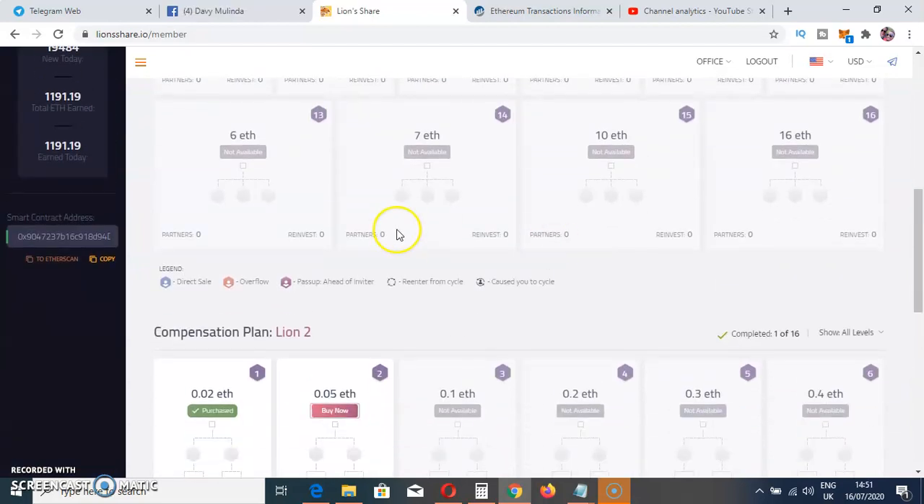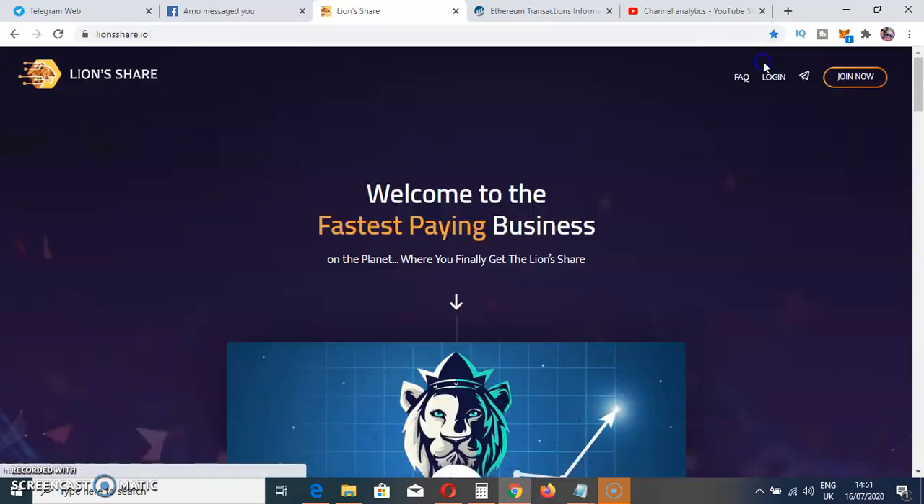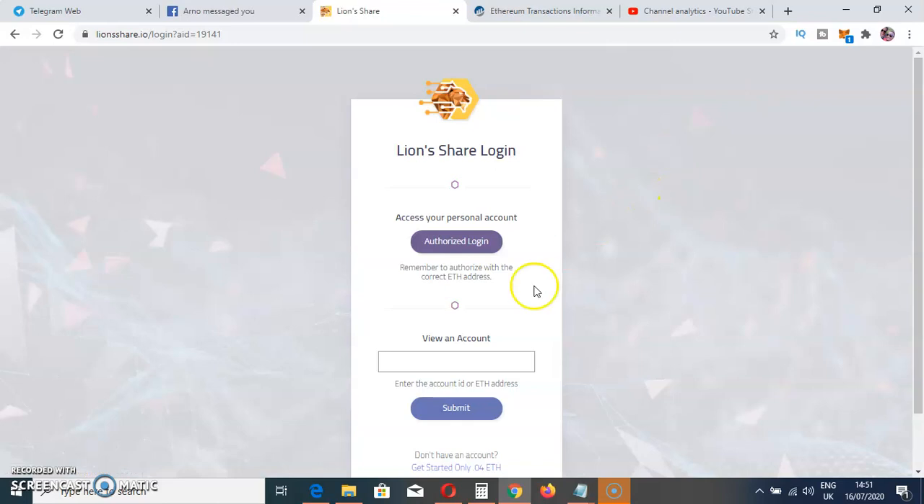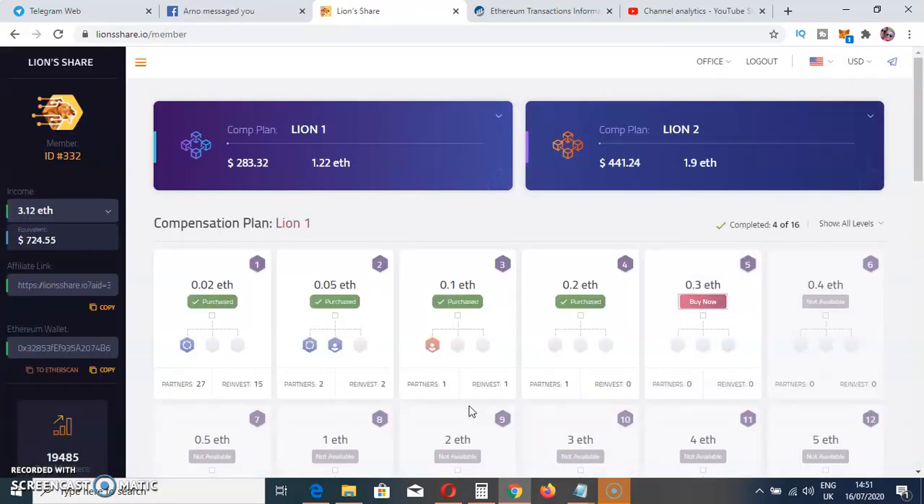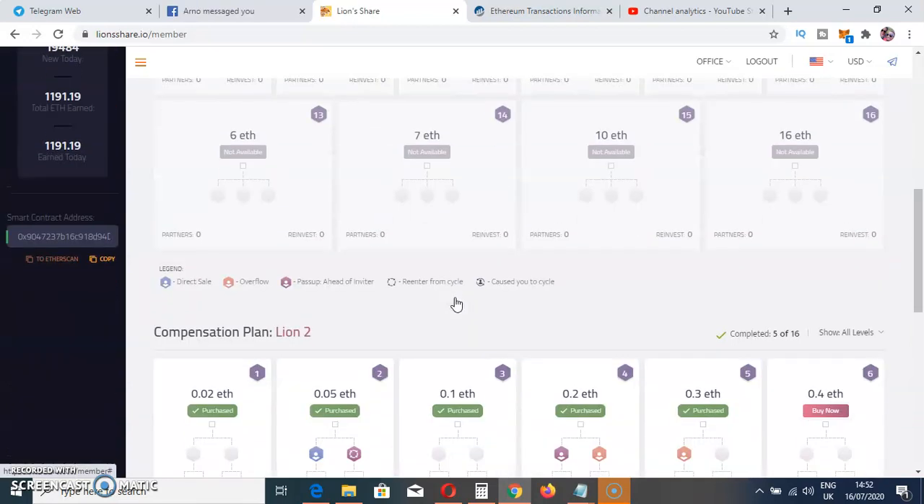And this, let us look at the color codes. These color codes here, direct sales. These are the people you've invited in. Now let me use an account which is active here. Let me use this one. Now I'm going to use this one to explain the color codes. Now as you can see, guys,